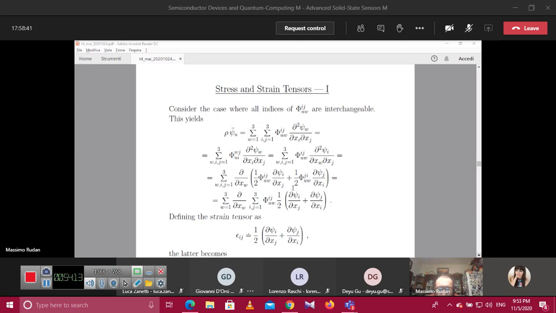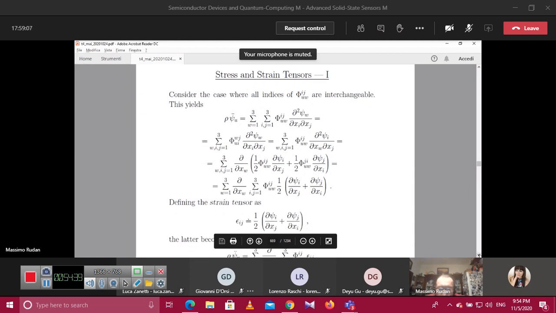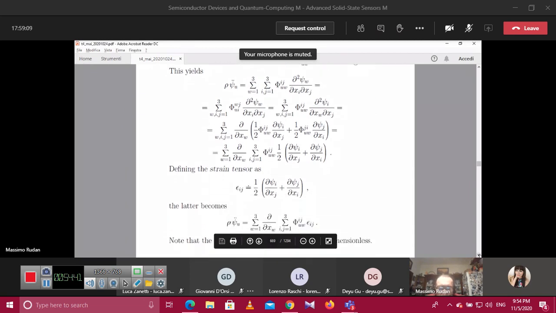Next, we observe that in this form of phi, we can put back the two upper indices in the original position. So we extract phi ij uw and the term 1/2. And eventually, we have defined a symmetric tensor that is the quantity